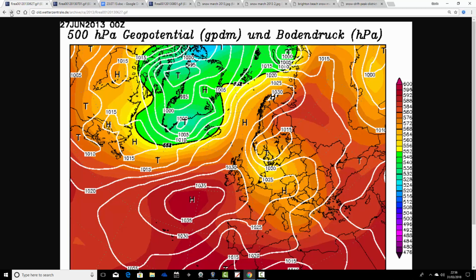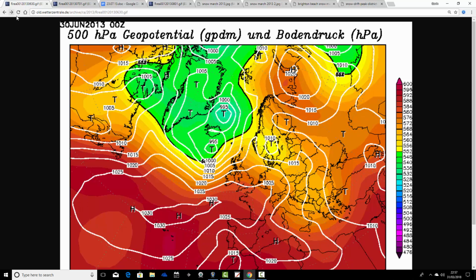But then on the 27th, look at this. The Azores high, which was absent throughout the first half of the year, begins to make its move. Here it comes, starting to head in from off the Atlantic. Initially, quite a weak push of high pressure from the Azores that tends to be flattened off. But nevertheless, it does bring some very warm conditions into the south. As I say, the highest temperature of the month is 27.2 at Heathrow on the 29th, courtesy of the blessed